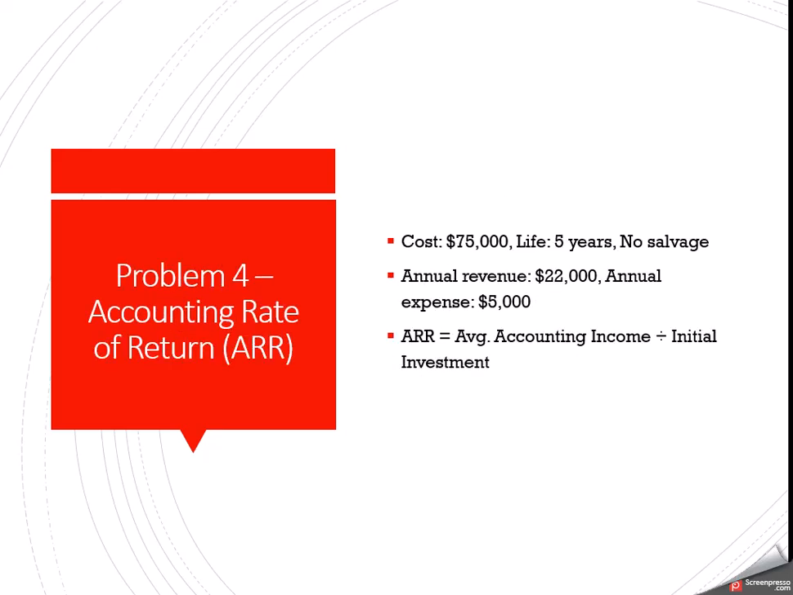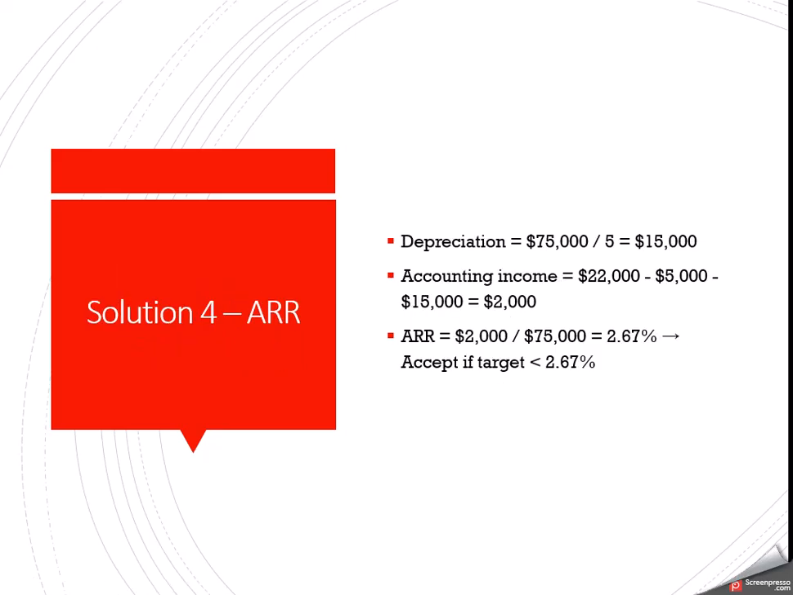Okay, then our accounting rate of return, if we've got a project that costs us $75,000, a life of 5 years with no salvage value, we're expecting revenues to come in at $22,000 a year, less expenses of $5,000 a year. We're going to calculate our accounting income, so the $22,000 minus the $5,000, and then divide that by the initial investment. But we also have to remember depreciation. So depreciation, we take the